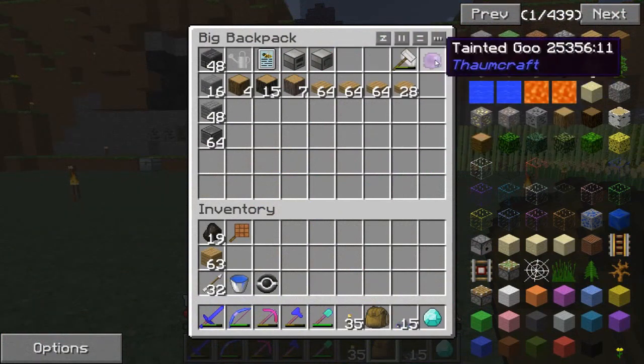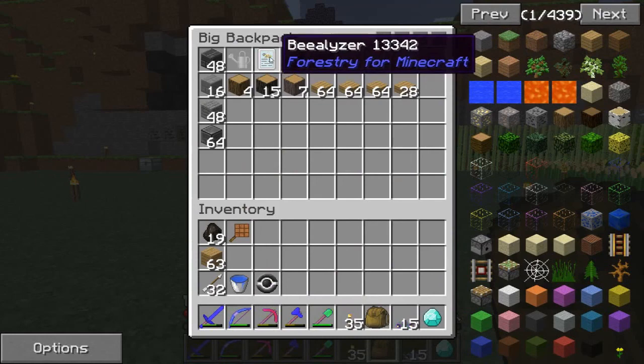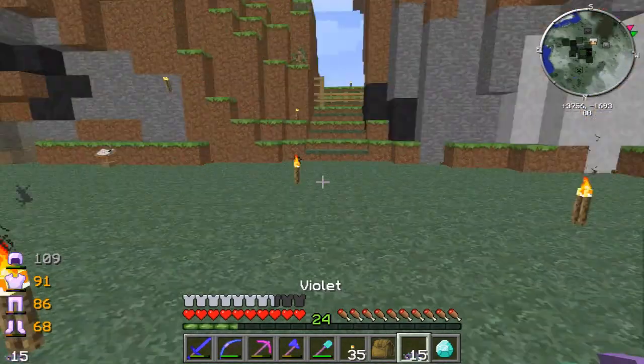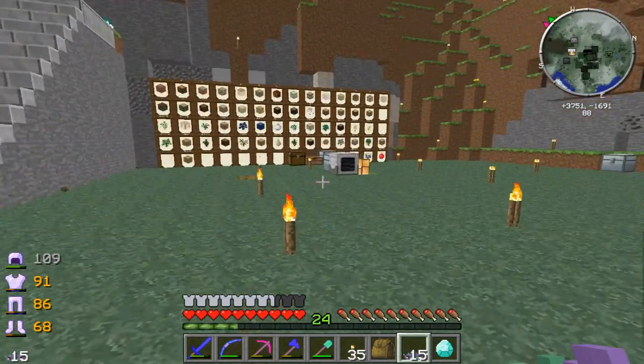We got this tainted goo from over by Sed's place. This is so I can make obsidian. I got my beealizer to check out my bees, and the thing I wanted to do real quick is make our twilight portal. And I've been debating where I want to put it, actually. And I think...